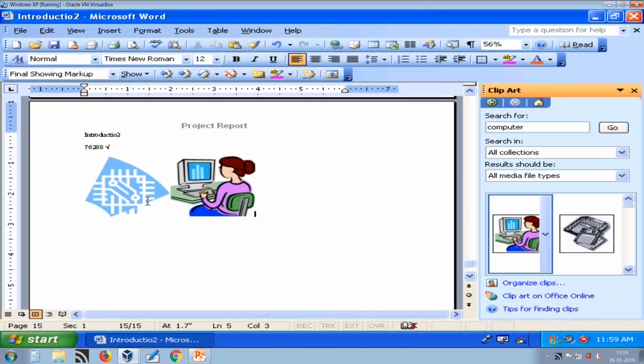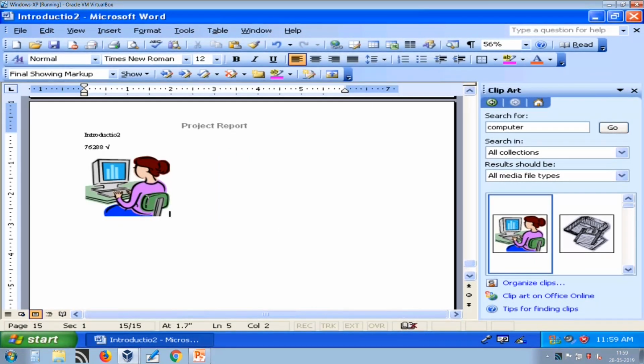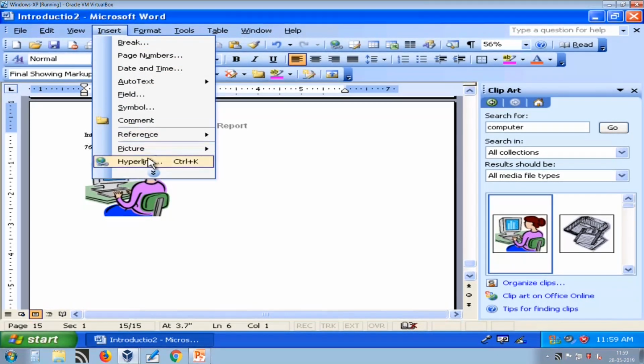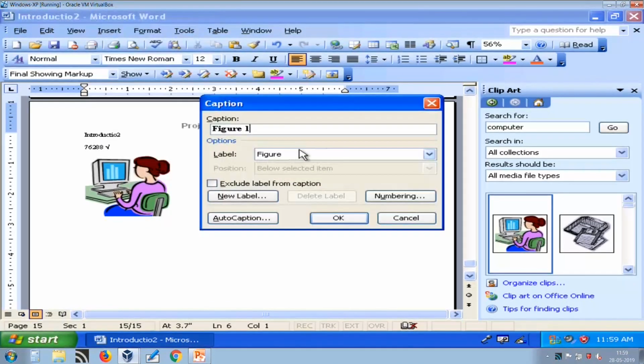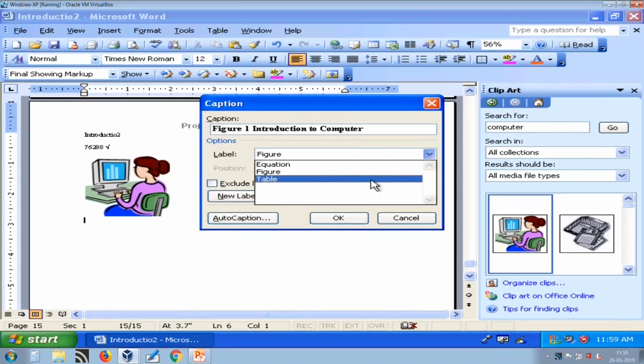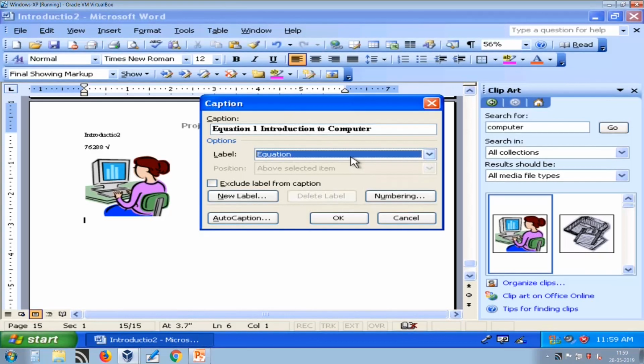Now suppose I want to provide a caption to this. I can give a caption to this figure by pressing Caption. Here I can give a caption like Figure 1, Introduction to Computer, for example. If it is a table you can say table, if it is an equation you can say equation, if it is a figure you can say figure.